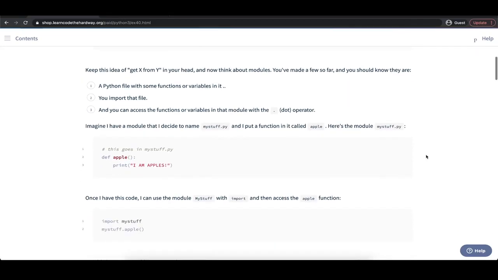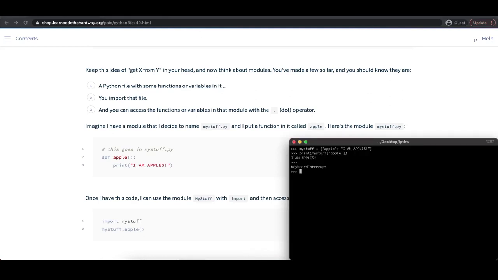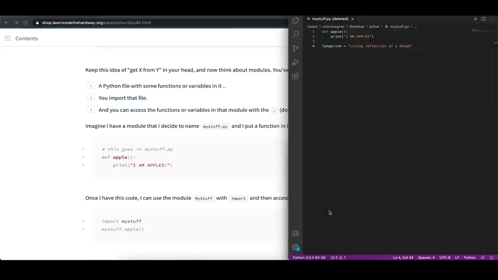Just in the same way as how we defined functions before, we can basically create a module and import that to work with a function. So to do that, let's create a new Python file called mystuff.py, and let's define a function in there. To do that, we can go back to our terminal here, and I'm using Visual Studio Code, so I'm just going to type in code space and then the name of the Python file that we want to create. This is going to open a new Python file,